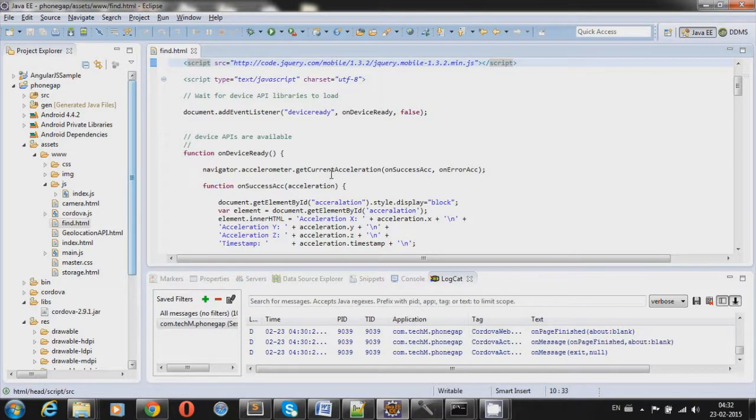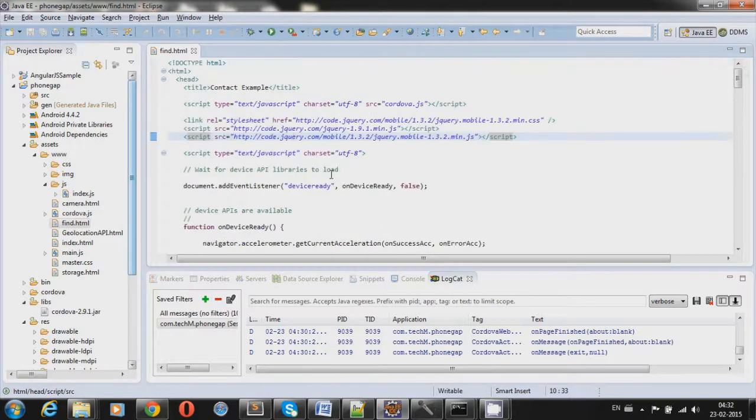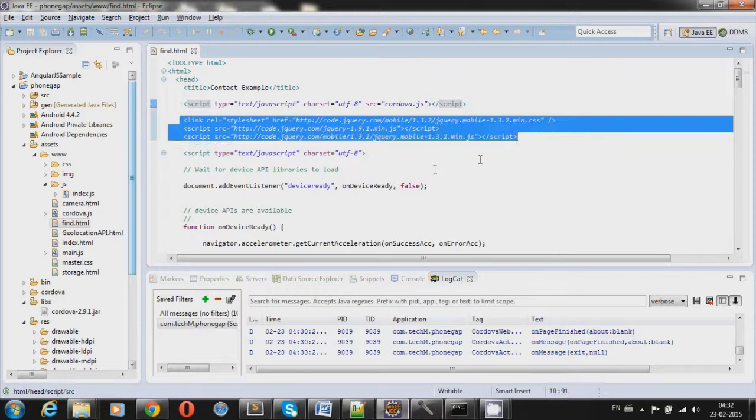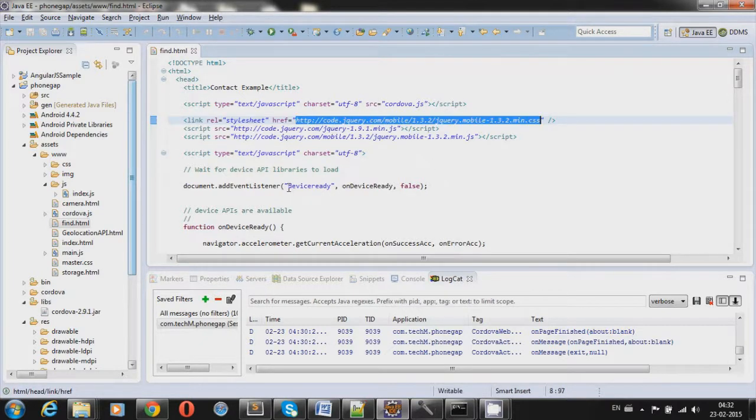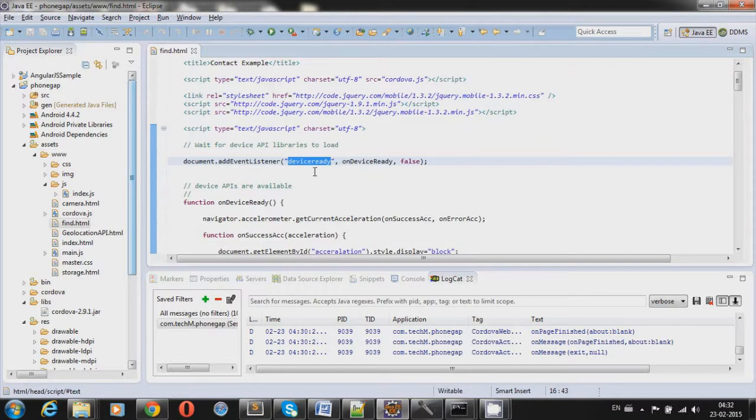In this first sample, we will see what topics we can cover. Here we will cover how to access contacts, how we can get the device geolocation, how to access the device properties, what the accelerometer is, how we can access the battery, what the network type is, the in-app browser, the back button, and the notification.